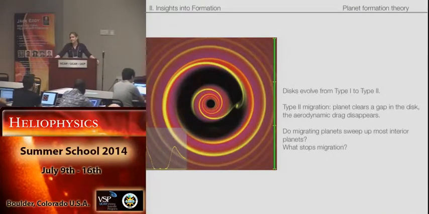Yeah, Fran? So the clearing of the gas happening at just the right time. So whether you have inward versus outward migration, for example, just in time so you catch them in the right place. What are the parameters that hold the clearing of the gas by removing the star